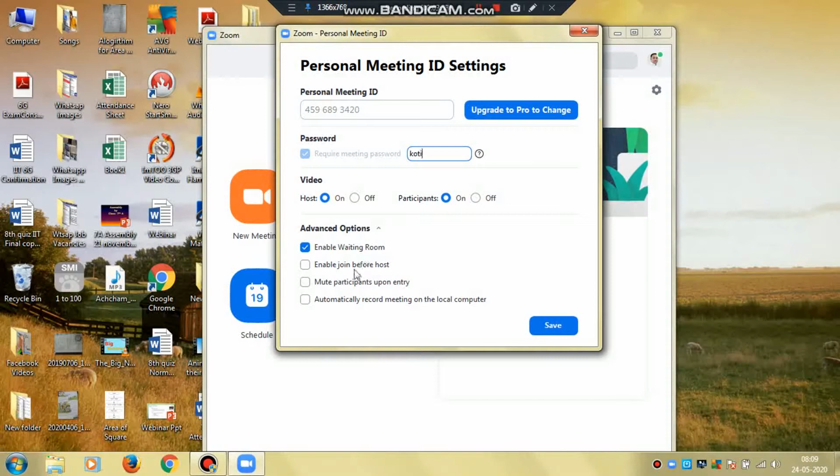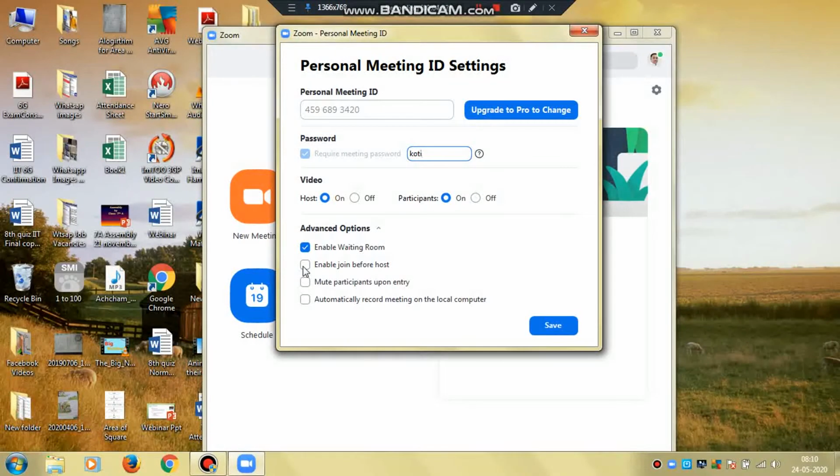And the second option is enable join before host. Enable join before host means before starting the meeting, if the students want to join, and you enable this option, students can join.